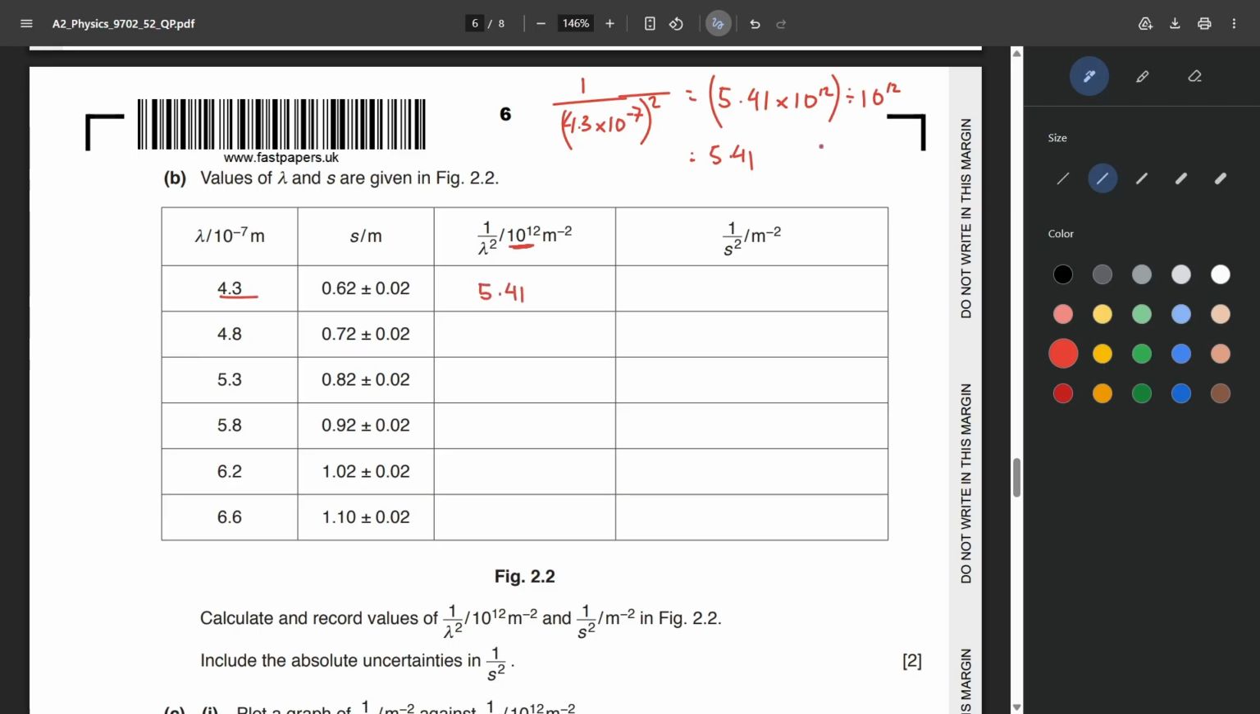So the general idea is to find the value of 1 over lambda square, which would be lambda, the values given under the first column, times 10 to the power of minus 7, then divide this by 10 to the power of 12. The values of 1 over s square are even more straightforward because s is given in meters. So the values would simply be,